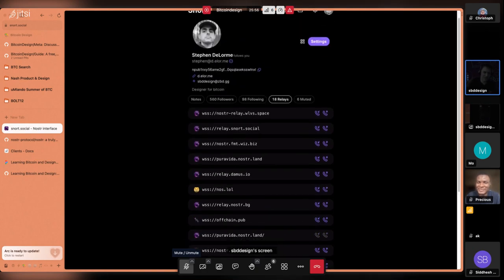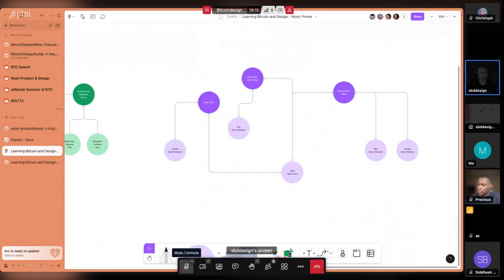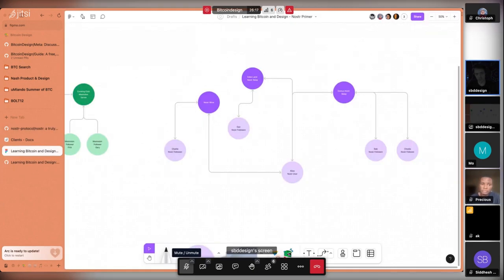But anyway, a lot of times when you start with Nostr for the first time, like if you sign up with Snort, it'll give you a handful of relays to start with. So it'll give you like 3 or 4 recommended relays. A lot of times they'll give you some to start with. In terms of adding more relays,